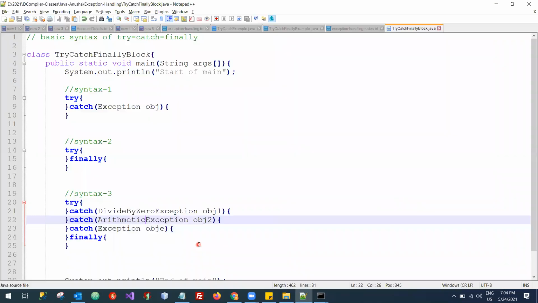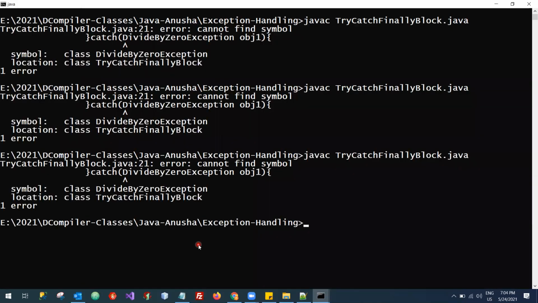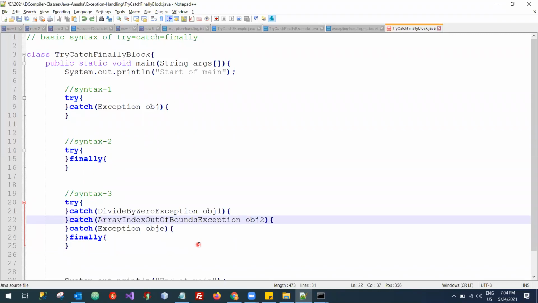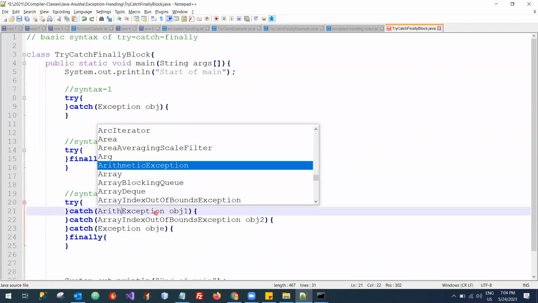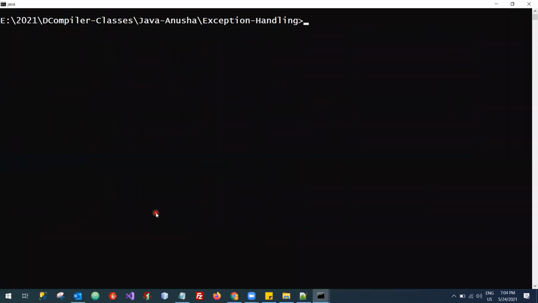Did I save it? I should save it and then compile it. Sorry, I think I changed this one; I was supposed to change this one. ArithmeticException. Can you see? The error is gone.